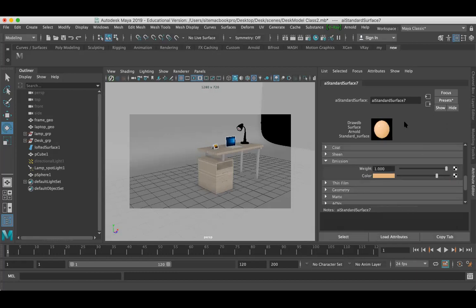Yeah, some kind of this. You just get a proper color. Okay, so we got the color.